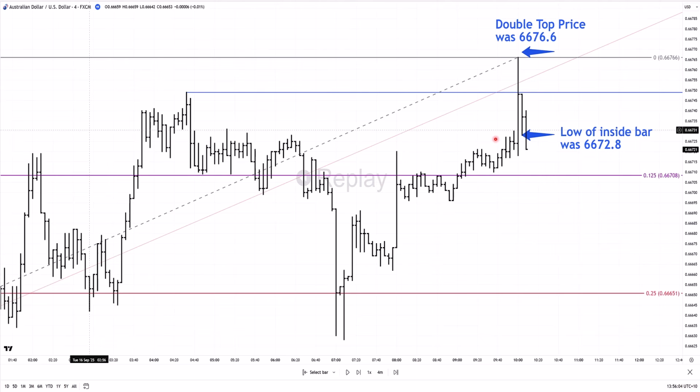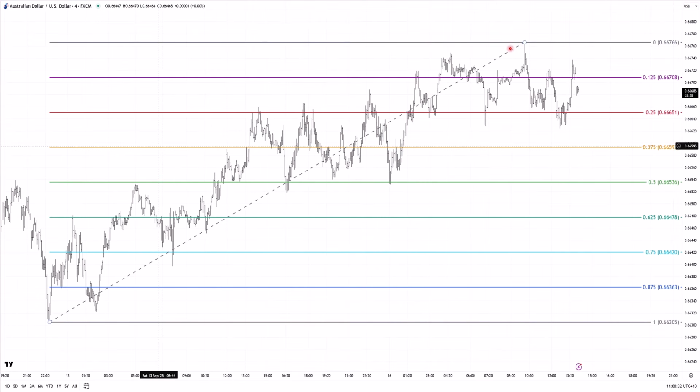So we're looking for the swing chart to turn down. That's one possible entry into the market. The low of this inside bar, 66.72.8, and the stop would probably go at 66.77.6. So 71.8, you're looking about 6 points of risk. Once the market swings down there, you're in, your stop loss is up there, and you let the trade unfold and see what happens. So fast forward a little bit, and by the time I started recording this, see now